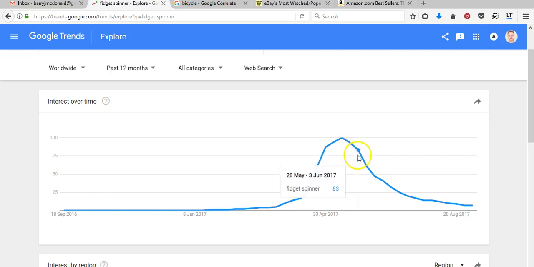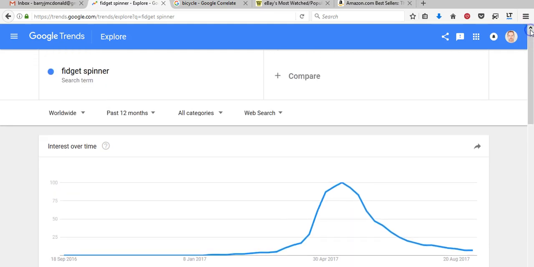But as you can see now, the searches over time have dwindled away. So if you were writing an article on fidget spinners at this period of time, you're wasting your time because the searches have gone down. So if you're thinking of ideas and want to see if the topic you're writing about is going to be a trending one, or whether it's going to be here today, gone tomorrow, I recommend you come over to Google Trends and type in the keywords you're looking for.